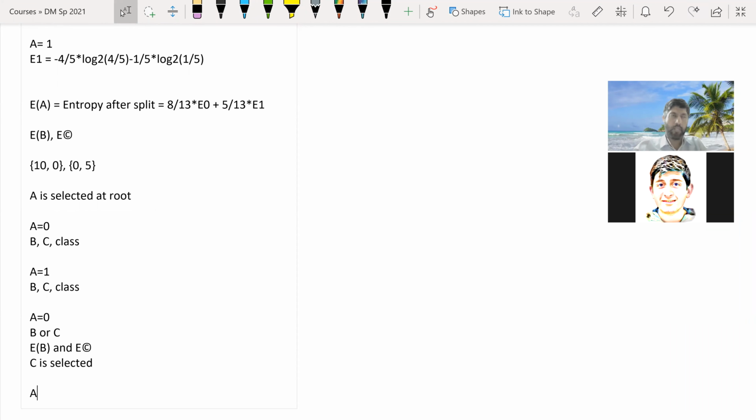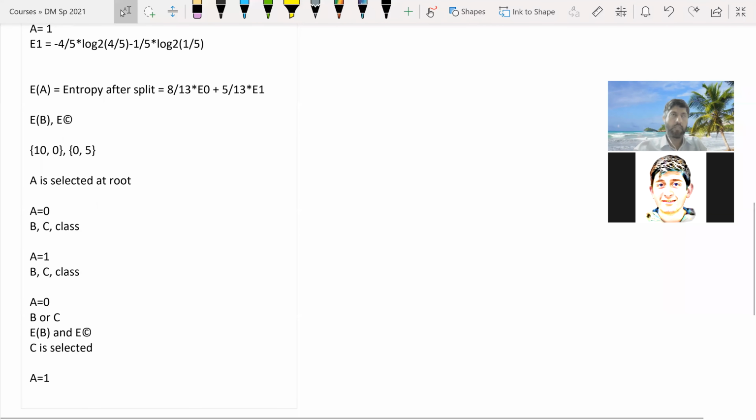Similarly, on the other side, A is equal to 1. Let's say for example, B select हो गया. दो options हैं ना इधर भी, B and C. Now B select हो गया. So now your tree has grown. So you now can think of the tree as